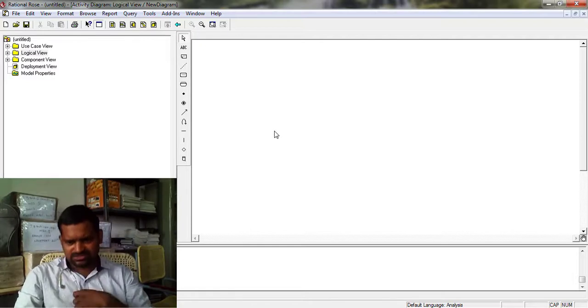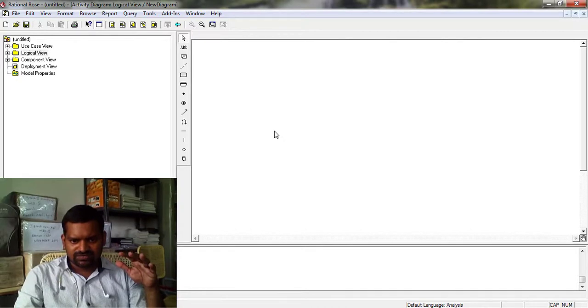According to our syllabus, we now create the activity diagram for the library management system.